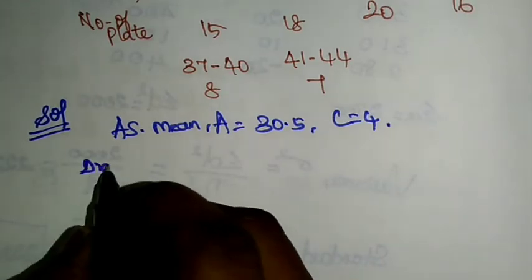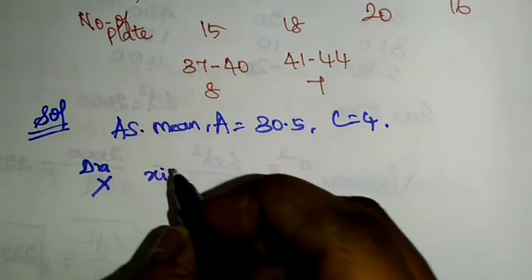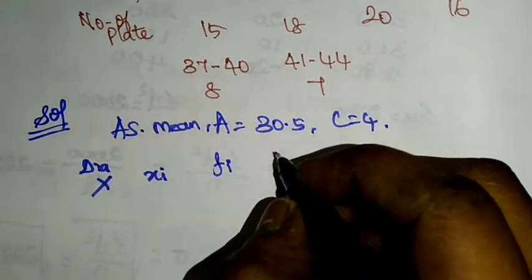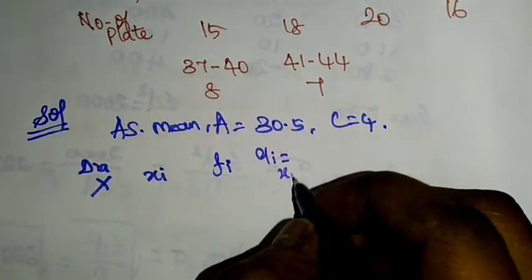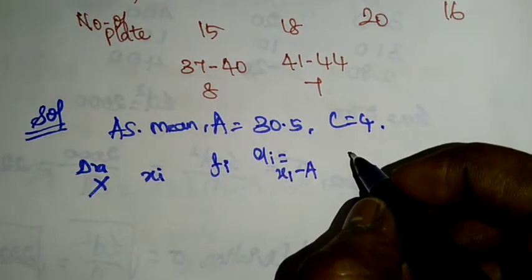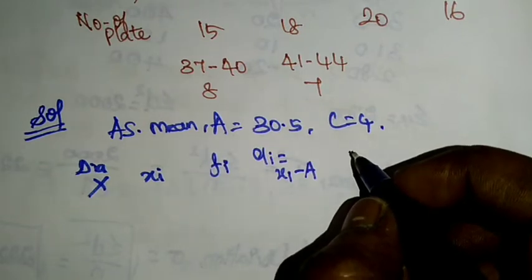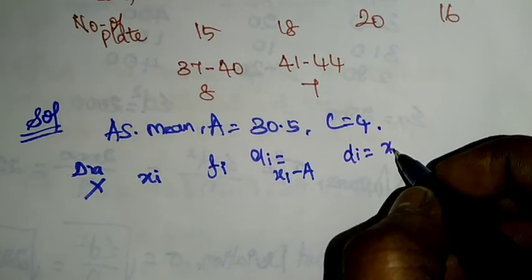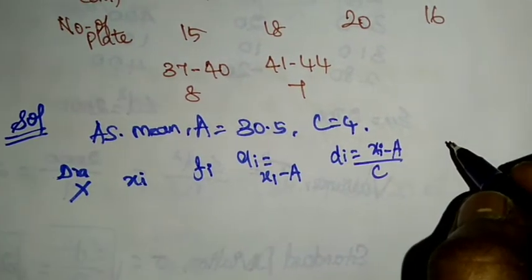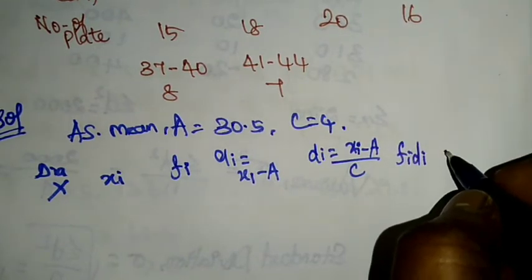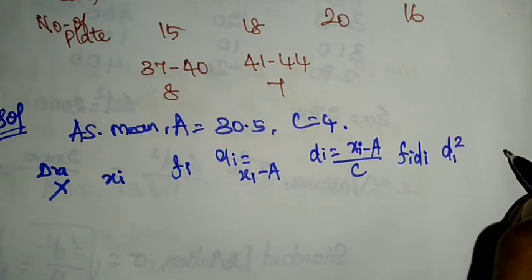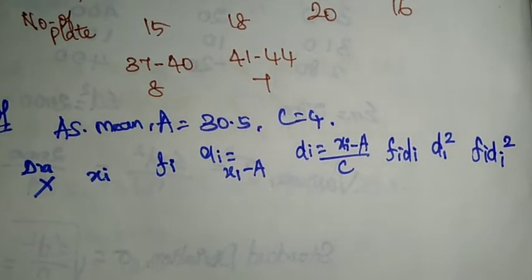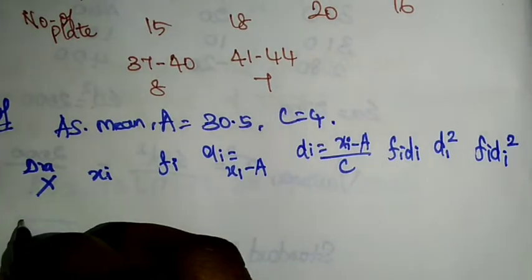So diameter interval x, middle value xi, and number of plates fi, and here di is equal to xi minus a divided by c, and fi into di, and di square, and fi di square. Okay, so now the first diameter is